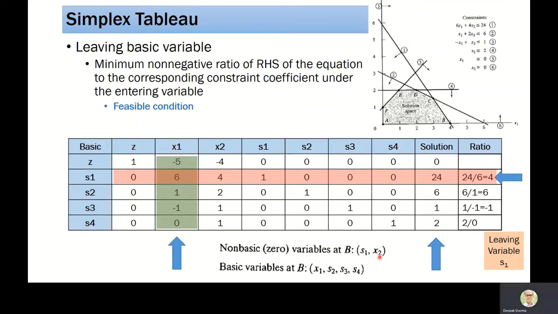Now, if you look at this particular figure on the right hand side, in the previous iteration, you remember that we kept X1 and X2 at 0. So we started at the origin. Now, since X1 is going to be basic, X1 will be changing. So I will be moving along this particular line and I'm expecting that I should get point B. Let us see.